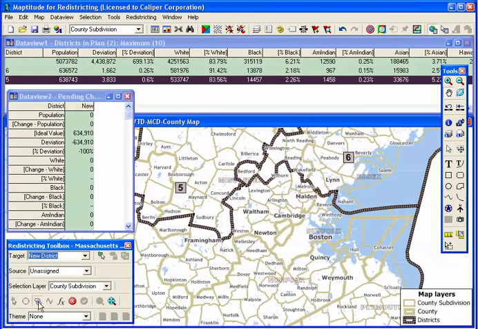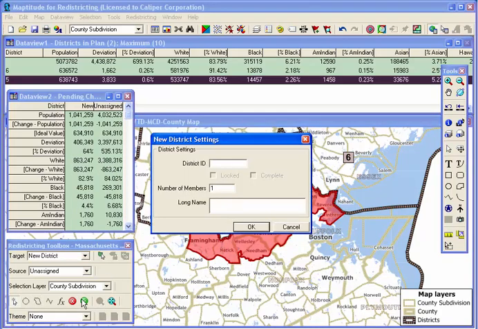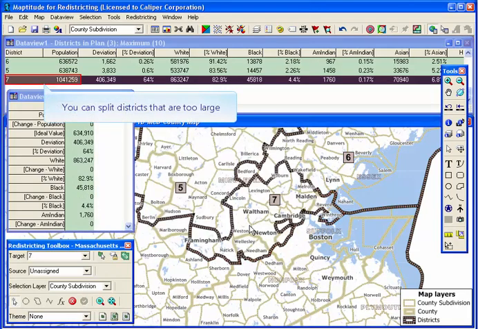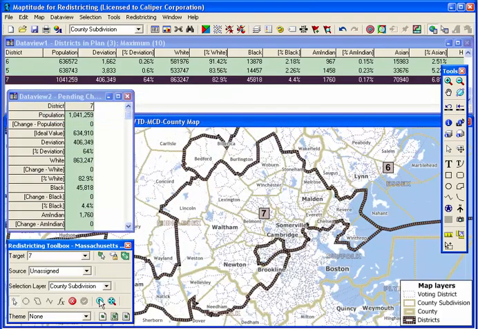And for now, I'm going to create one more district with the Select by Shape tool and the Select by Point tool, only this time the population is going to be much greater than my target value. You can see the population of this district is over 1 million, so I will split this district. I'm going to click this button to zoom the map to the target district, choose to create a new district,